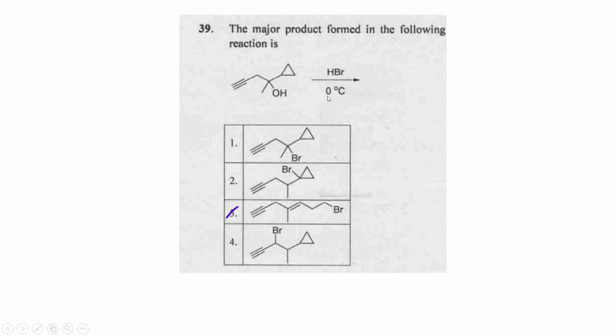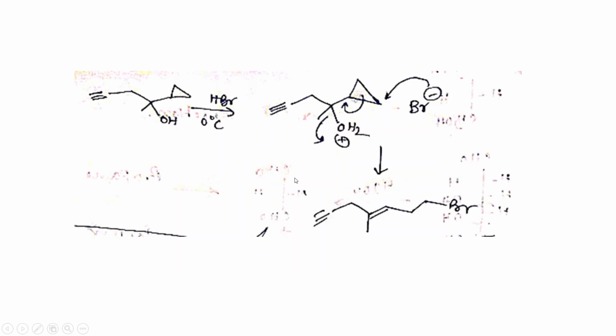After that, in this question HBr is given, what will be the product? You see, first HBr adds to this OH because it has higher basicity. So first OH2+ is formed, and bromine attacks the 3-membered ring because of the strain of the ring. Normally bromine does not attack in this position, but this ring has very much strain in nature, so bromine attacks from that side, and automatically the ring opens and H2O leaves, and the final product will be this, and this is the stable product. Thank you.